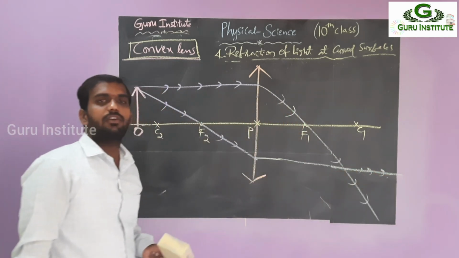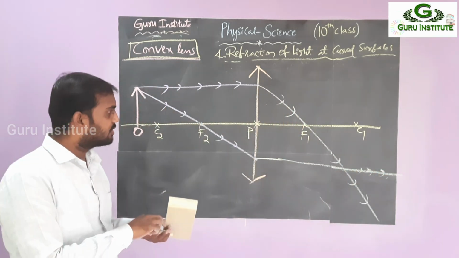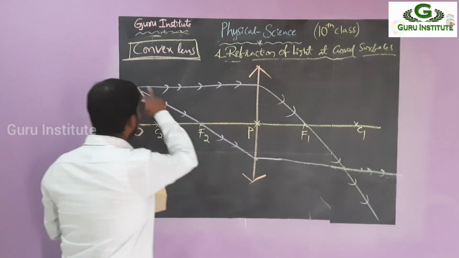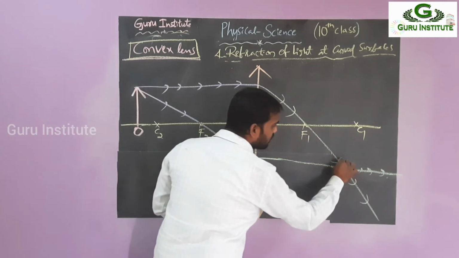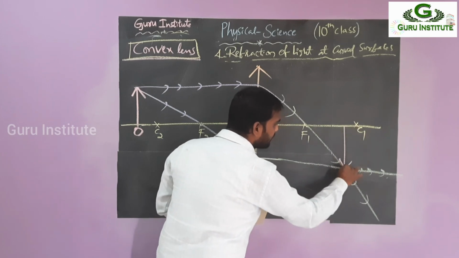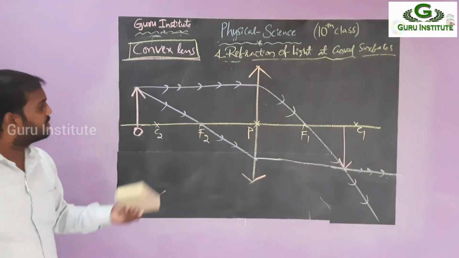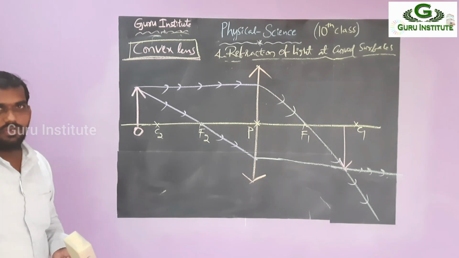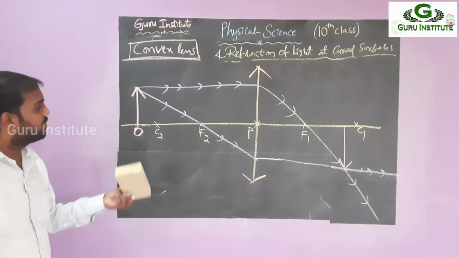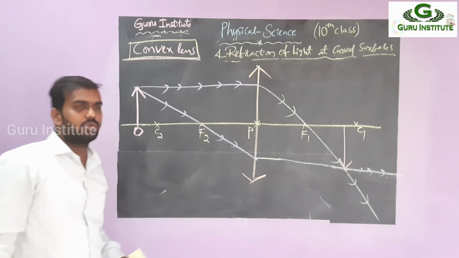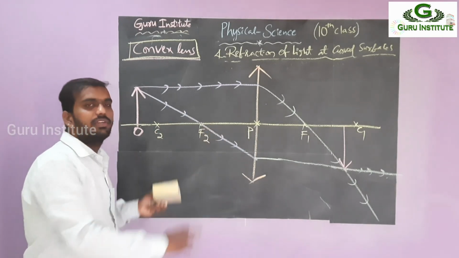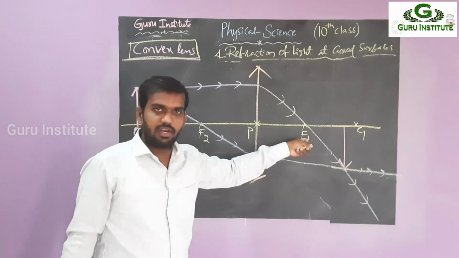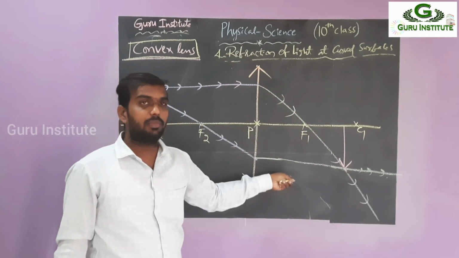Already we know that wherever the refracted rays meet, there the image is found. Where they meet, see here, the meeting point is there. The top of the object is placed here, so the image is downwards, so inverted. So observe the picture and tell me. This is about image 1. Okay, right. Before going on, this is the method. We are using two lines, but it looks like a lengthy one. Why? Because you take the first one incident, next one refracted, then the second one incident, the second one refracted.